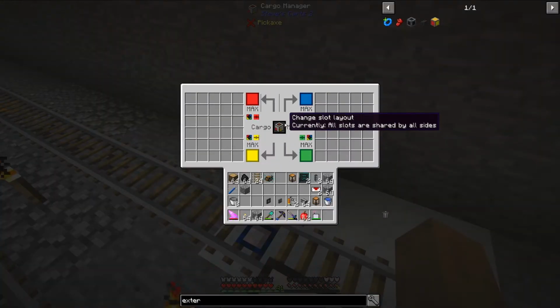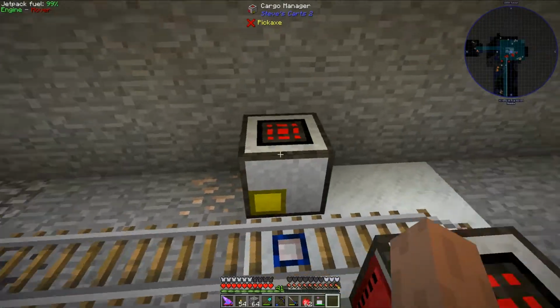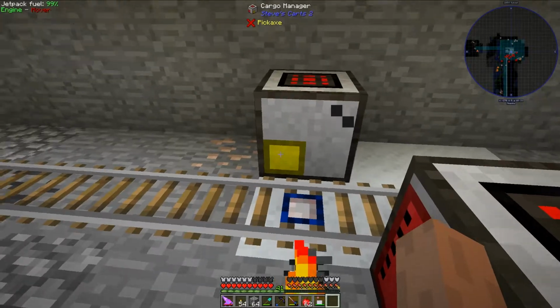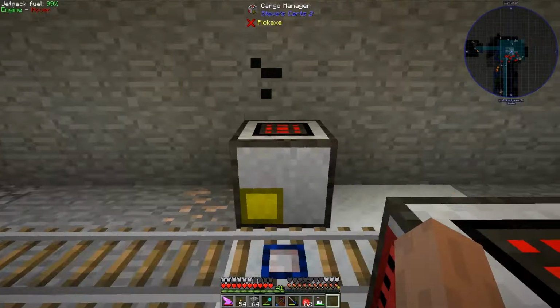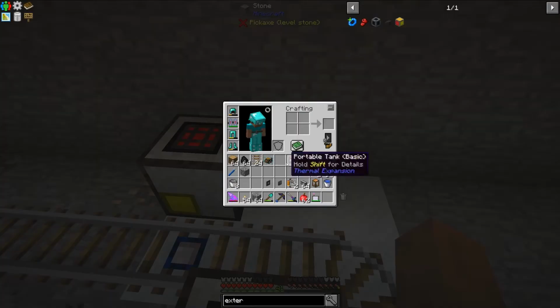This external distributor, or this cargo manager rather, will be just used to remove items from the chest storage slots. My goodness, I cannot speak. This needs to be on the yellow color because of this yellow right here. So let's do that. And it doesn't matter if I have everything as one slot, because this will only be used to pull items out. So that's cool. So let's go ahead and